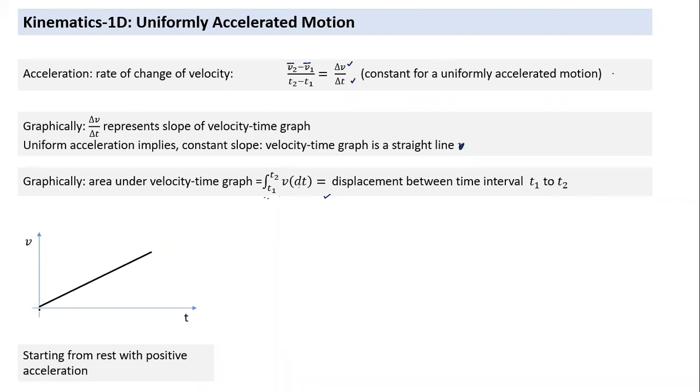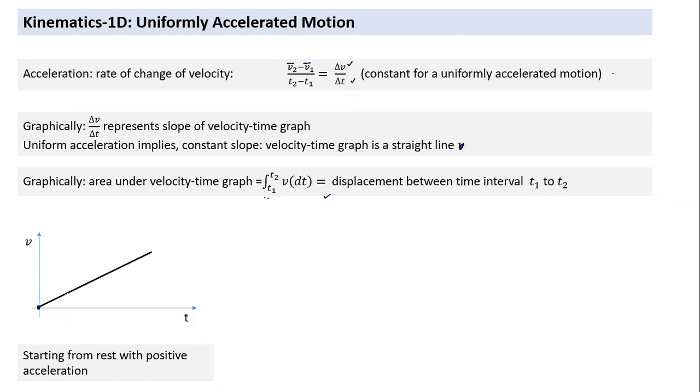See, when time is 0, what is the velocity? What does this point represent? If at this point I look on the x-axis, the x coordinate is 0, it means time is 0. This point represents 0 time. At 0 time, I find the y coordinate also 0. The y coordinate represents velocity. It means initially this object has 0 velocity, starting from rest. But what is happening to velocity? It is increasing. As time increases, velocity increases, and the rate of increase is constant. That is the rate of change of velocity.